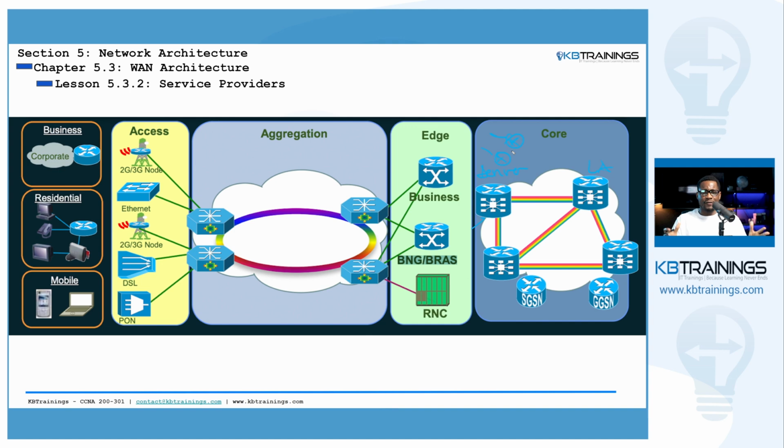And if your services are down, of course, a huge portion of business customers will be down, or even residential customers will be down. So that's why there's a whole process by the NSA, for example. This is the National Security Agency in the US. They need to vet some employees. They need to do your background check and make sure that you are a good citizen or a good person